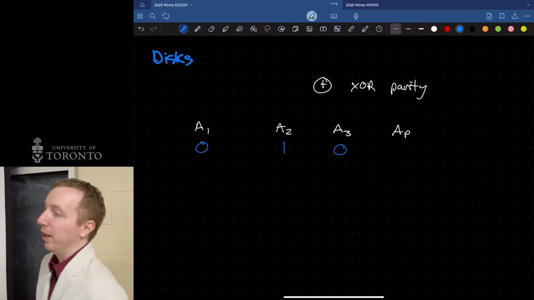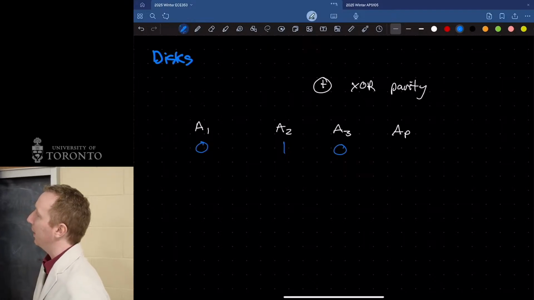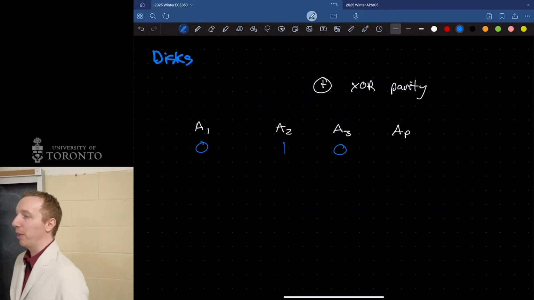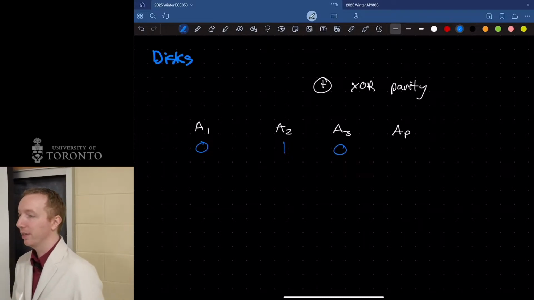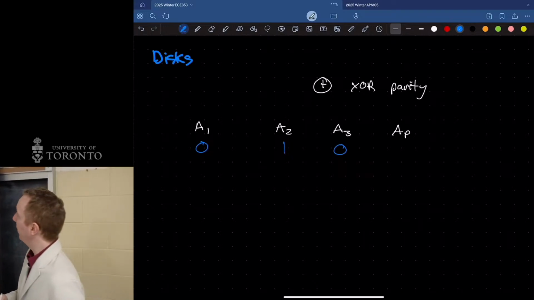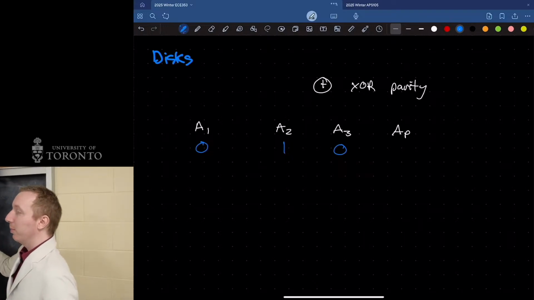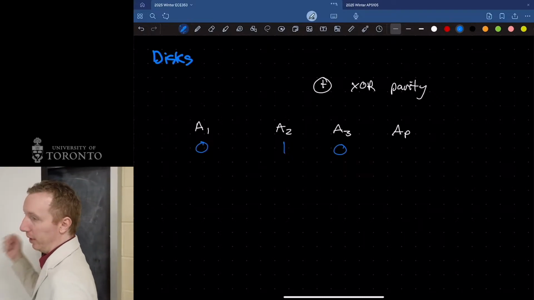So can anyone explain to me, hopefully in more plain English, what does it mean when you XOR more than 2 things together? Yeah? Counting the number of, or like if there's an odd number of 1s. Yeah, so basically, if you XOR multiple things together, it will tell you whether the result of adding them all together is even or odd.